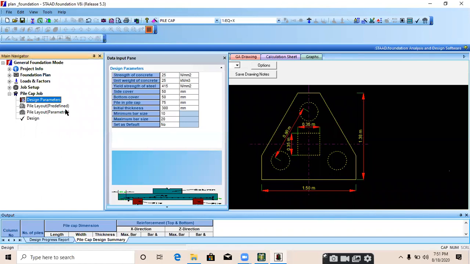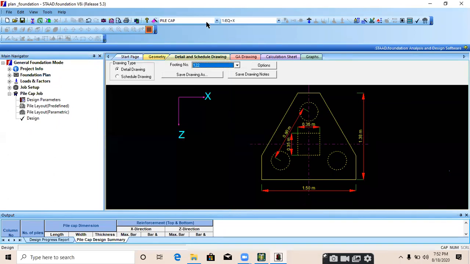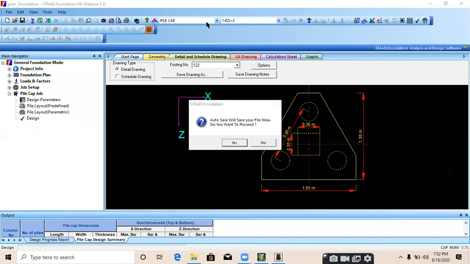Now, any other doubt? Is it required to repeat the design or is it clear to all? For foundation design, mostly use SAFE. Yeah, we use SAFE also. It's a part of ETABS.